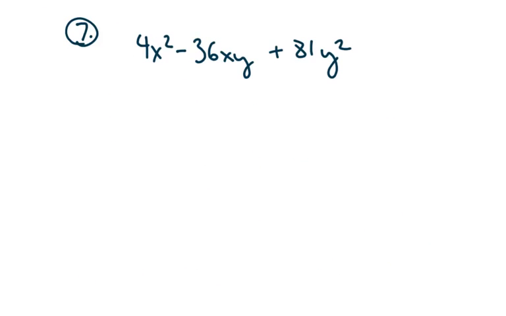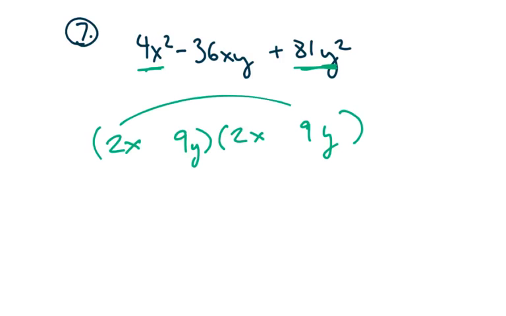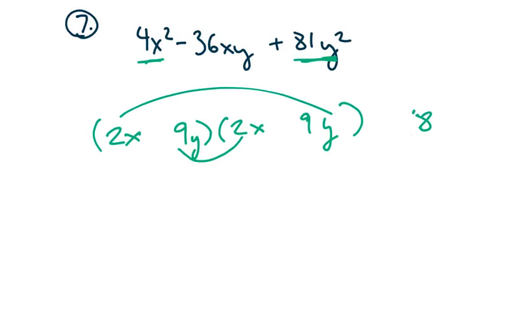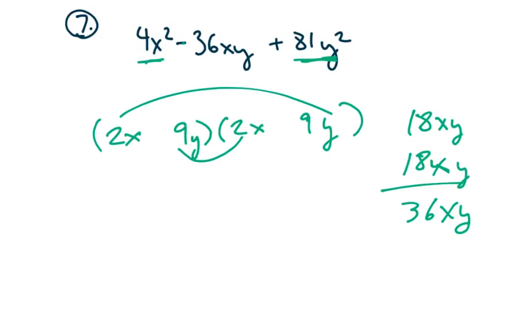Number 7. All right, so this one looks a little bit tougher, but I'm going to go ahead and start off with this as 2x, and 2x, sorry, and the back one I'm going to say 9y and 9y. This will give me 18. So if I have 18xy and 18xy, that breaks down to 36xy. Okay, now this is negative, so they both have to be negative. Also, I skimmed over this, but the fact that 9y times 9y is 81y squared,